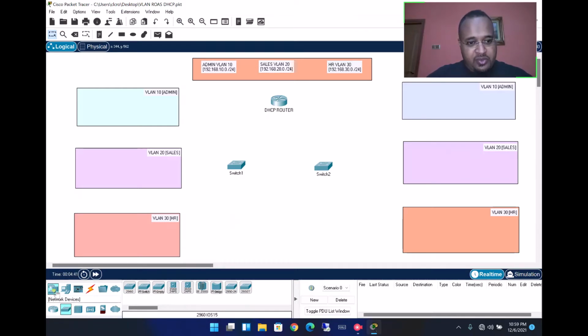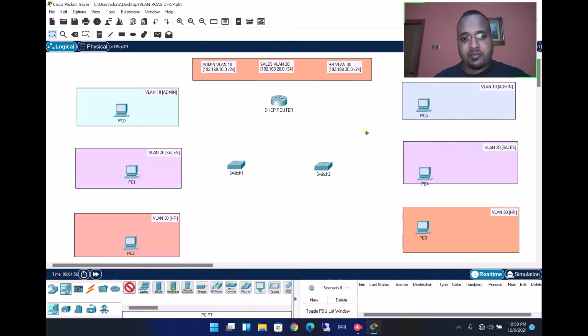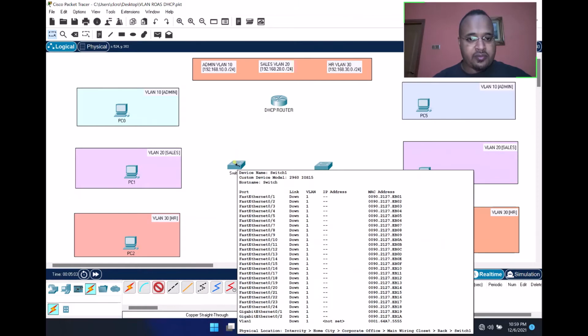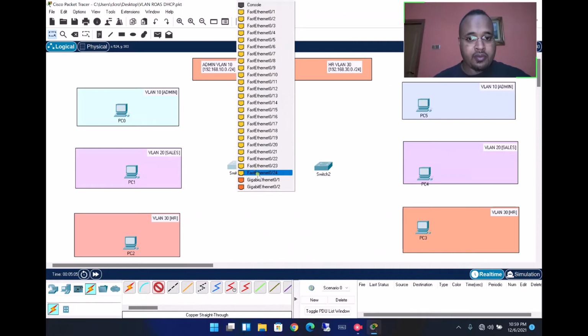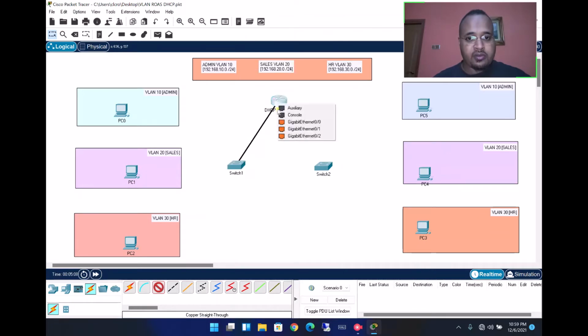We're going to set up our end devices as usual. That'll be your computers here. And we're not going to assign them any IP address because we want our DHCP to assign them IP addresses. So let's connect the router with the switch and everything. This will be connected to PC0, like PC0 to,